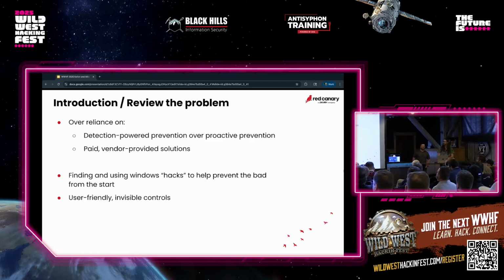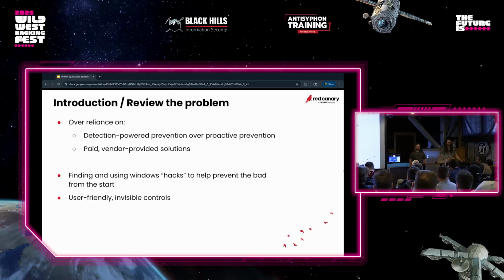Cool. So why are we here? As we've talked to various security teams over the years, we've noticed a really common theme amongst all of them, and that's a reliance on detection-powered prevention rather than proactive prevention. What I mean is trying to detect something bad that's starting to happen and then stop it before it really turns into a thing you have to deal with. That's a great layer to have in your stack, but if that's all you have, you're starting out behind